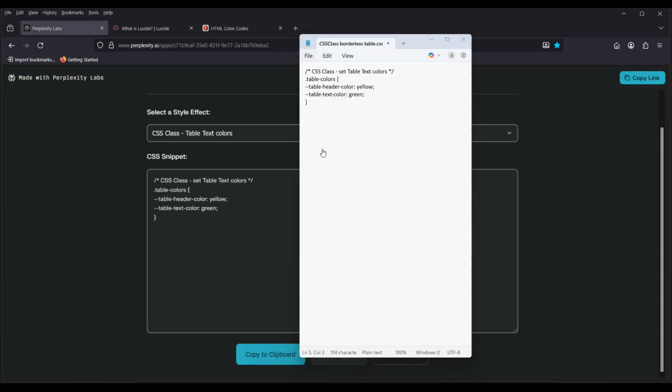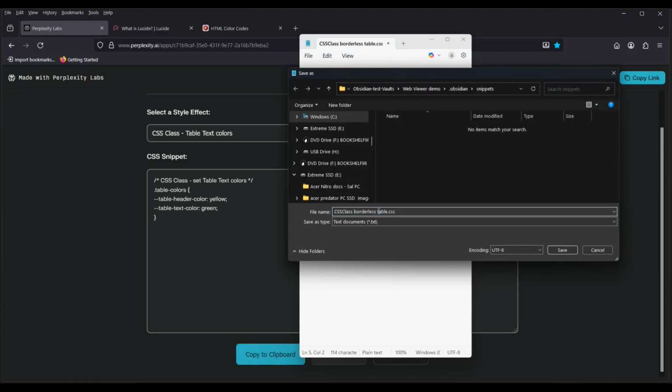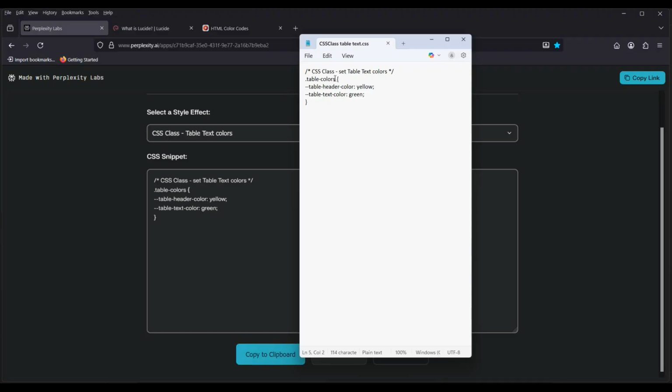I'm going to save it as CSS class table text. Since it's a class, I'm going to need the magic word here, or the magic phrase that I'm going to use in the YAML front matter properties. So I'll copy it,